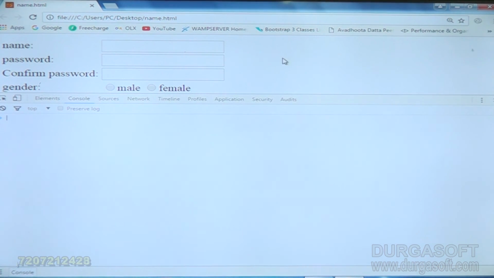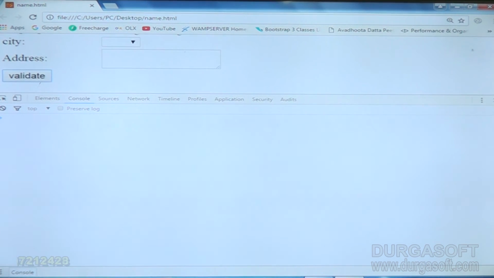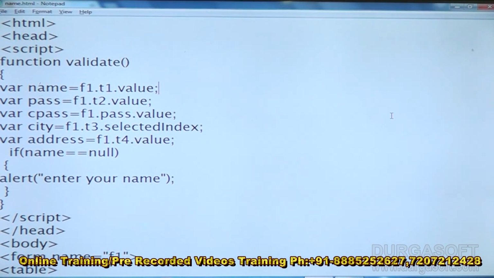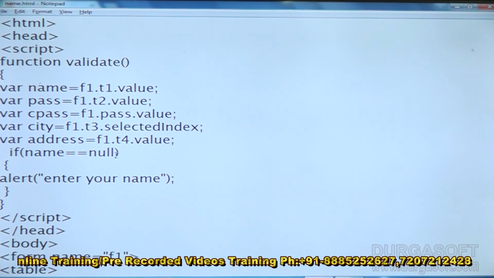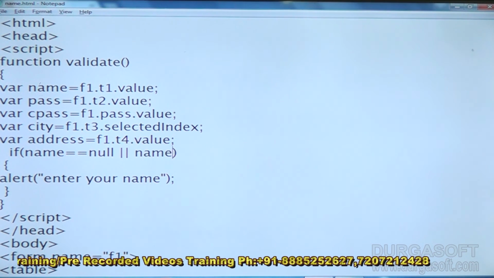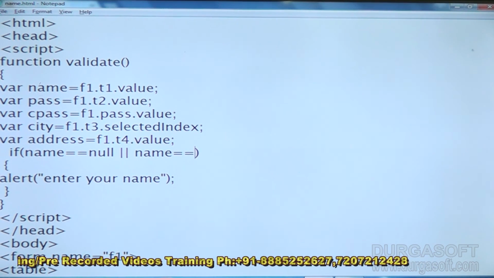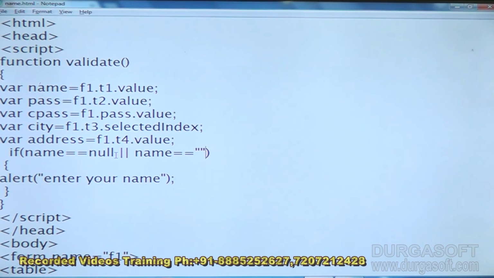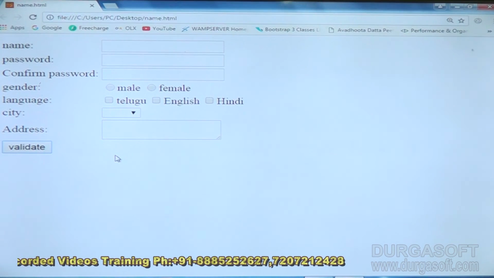Okay, here you don't have any errors. Click on validate. Okay, now also you don't have any errors. Name is equal to null or name is equal to empty,